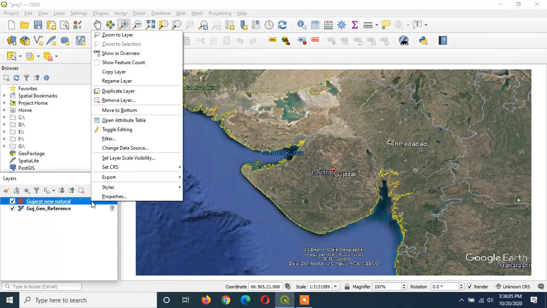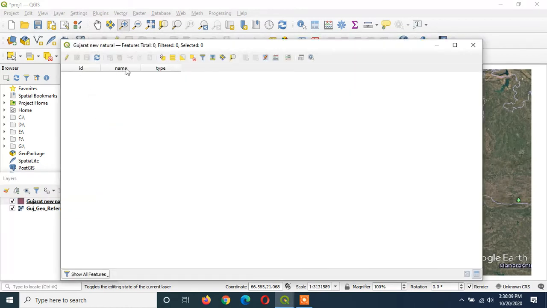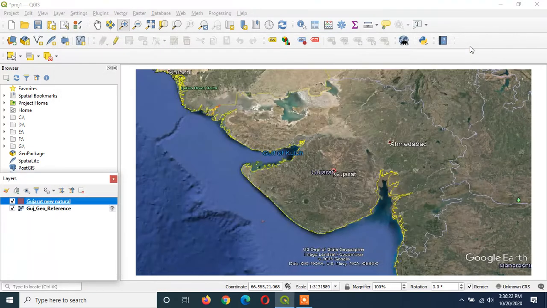If you want to check, you can right click and open the attribute table. There are 3 fields as you can see, but there are no records inserted in this attribute table because we have not plotted any polygon. We have not started digitization yet. That is what we are going to do right now.